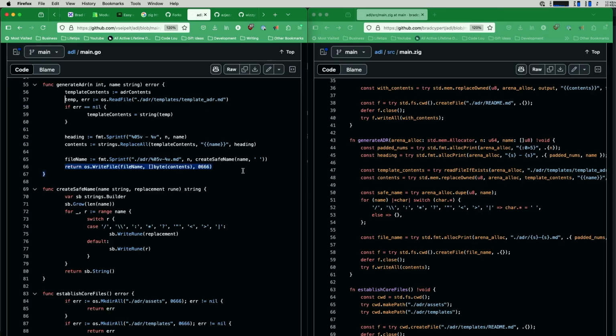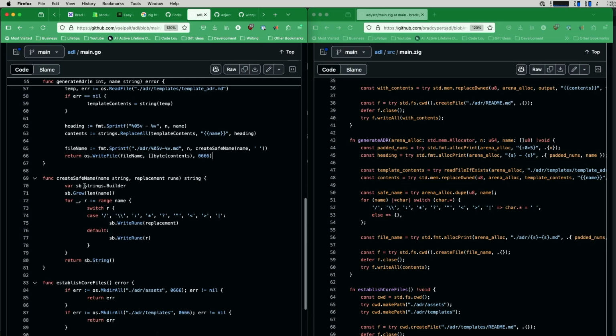Finally, for this method, we do another write file. Okay, let's look at that create safe name. I think this is pretty neat. So it's using a strings.Builder in Go. This is essentially a very memory efficient way of building a string with a dynamic amount of characters, or maybe you don't know exactly what those characters are going to be, and you want to build it up slowly through